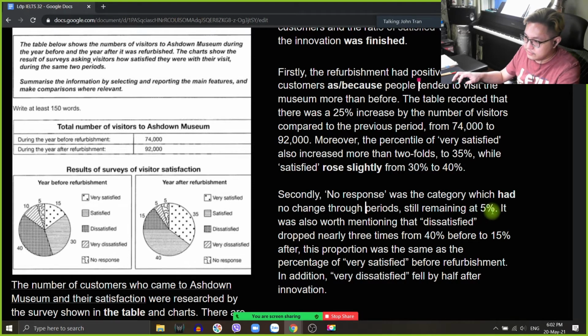Still remaining at 5%. Okay. It was also worth mentioning that, cũng đáng để nhắc đến một điều rằng, it was also worth mentioning that